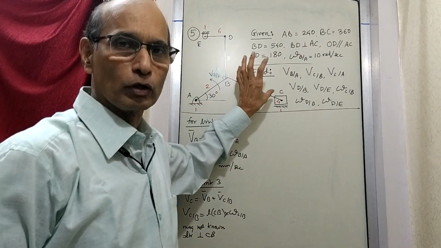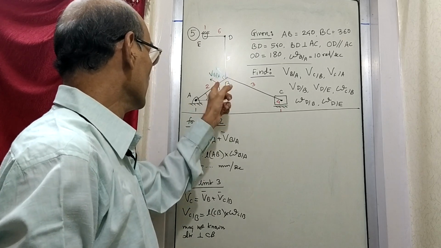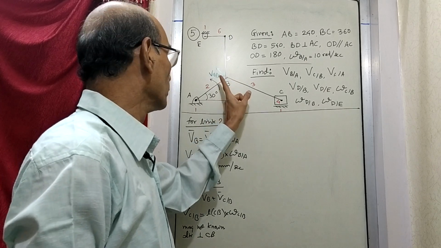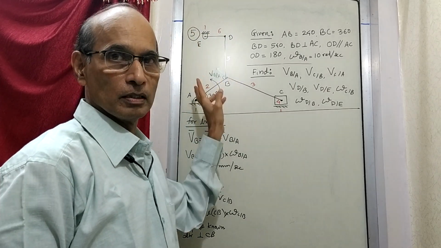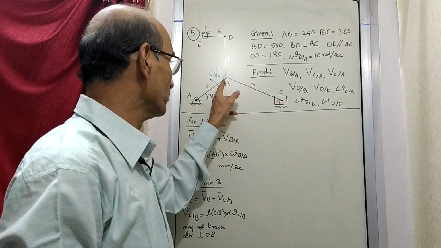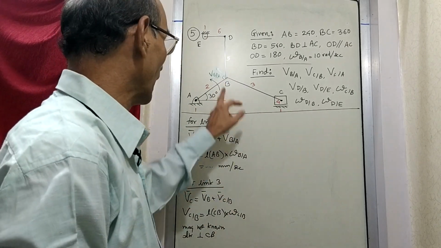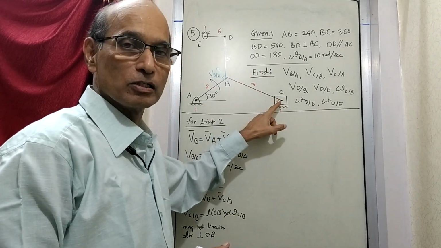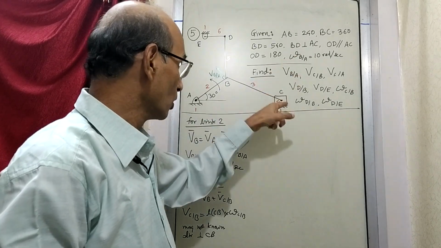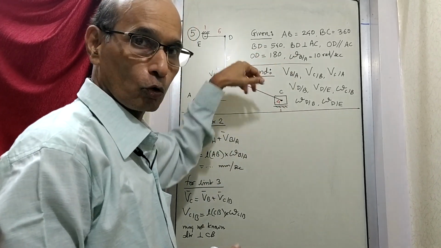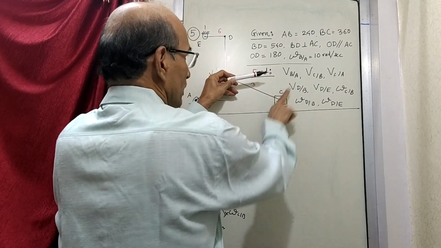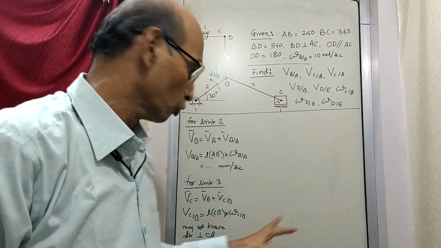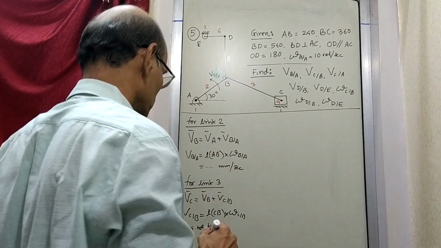See, when any link rotates, like this link, and the observer is here, he will see this point as moving in the direction according to the angular velocity. So when the observer is at B, velocity of C with respect to B means the observer is at B and is looking at this point C, and this point C will move like this or like this depending on how the link is rotating. If the link is rotating like this, then it will have velocity like this. If the link is rotating this way, then the velocity will be down. But right now we don't know, so we have written only up to this much.